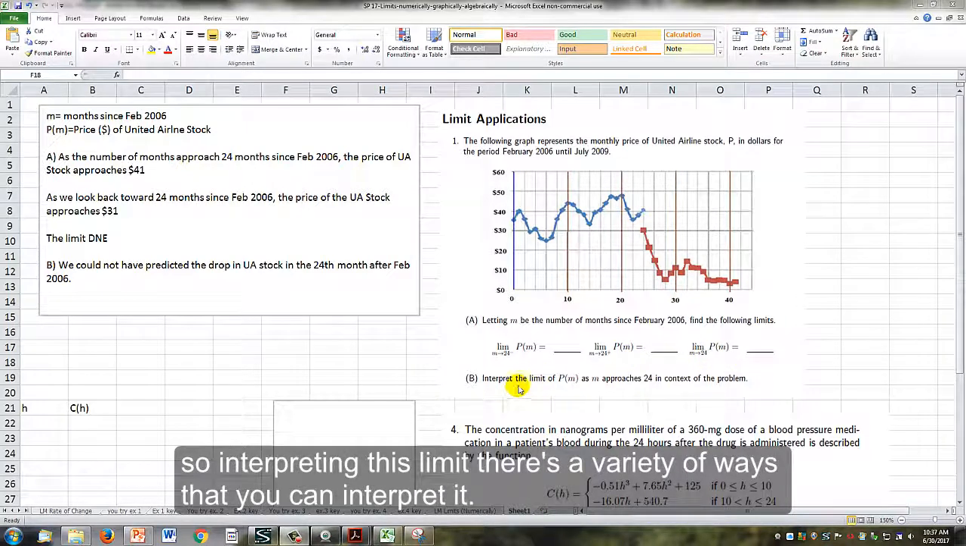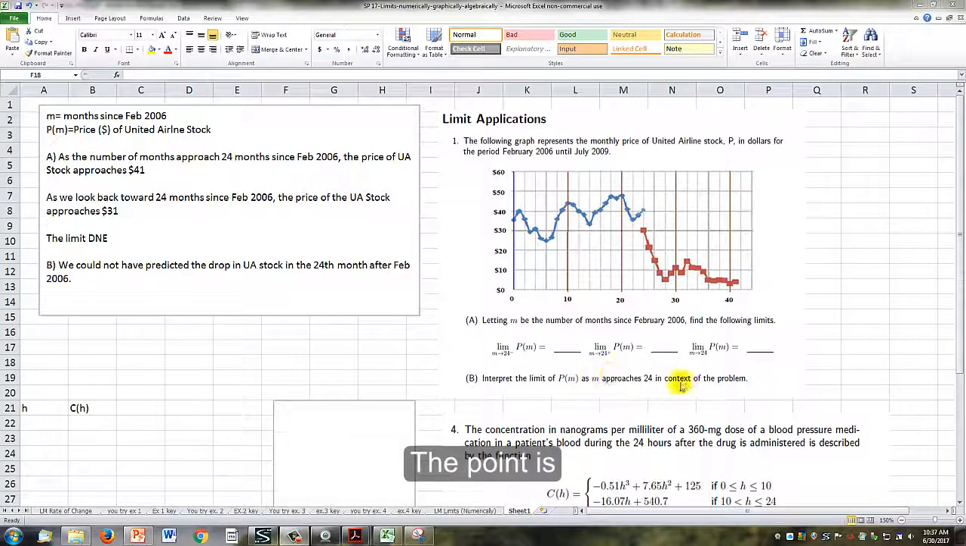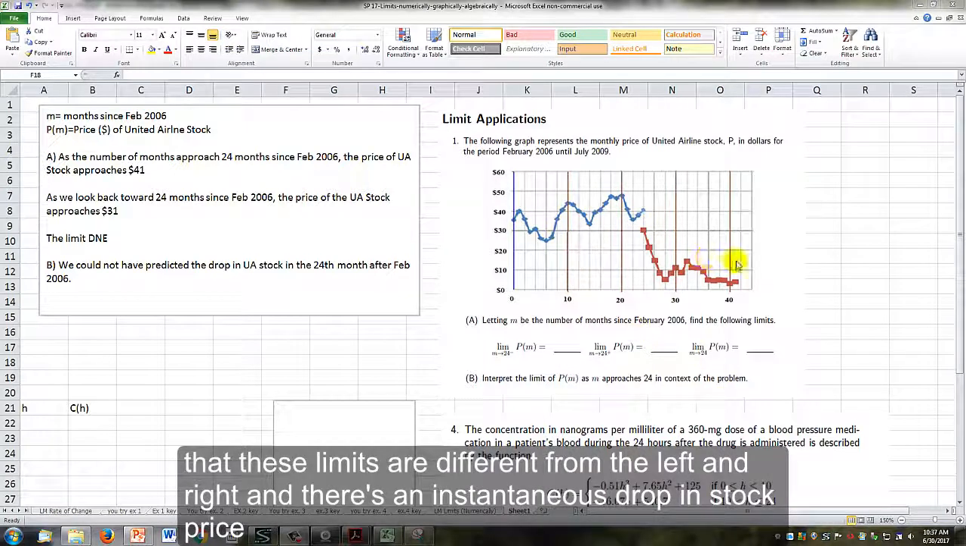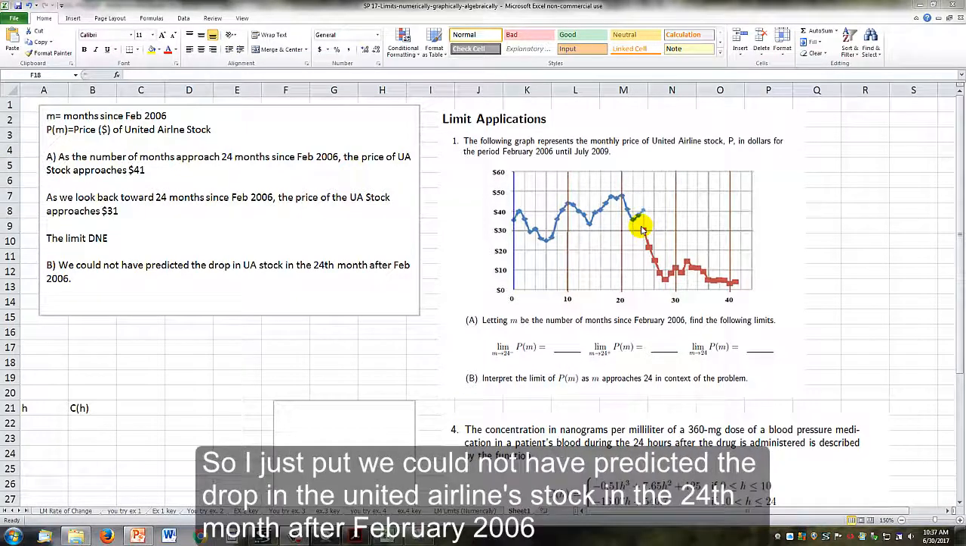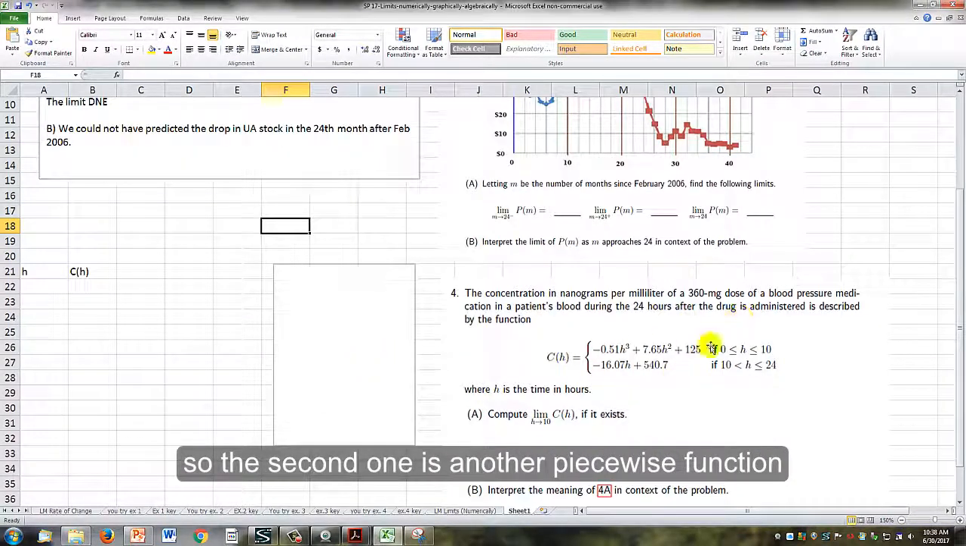So interpreting this limit, there's a variety of ways that you could interpret it. The point is that these limits are different from the left and right, and there's an instantaneous drop in stock price that you could not have predicted. So I just put we could not have predicted the drop in the United Airlines stock in the 24th month after February 2006. So the second one is another piecewise function,